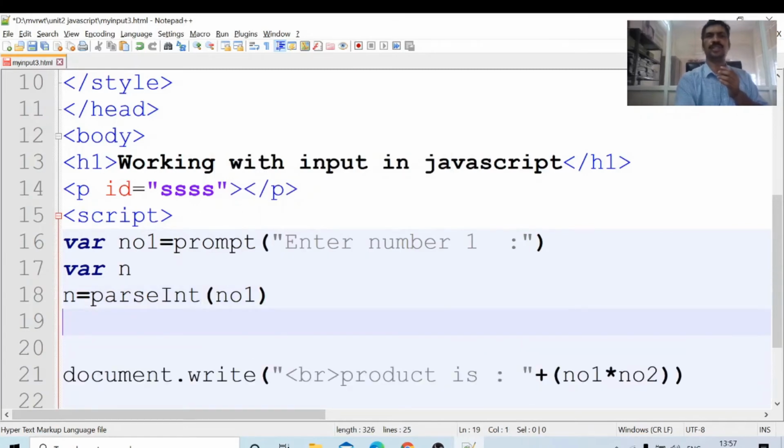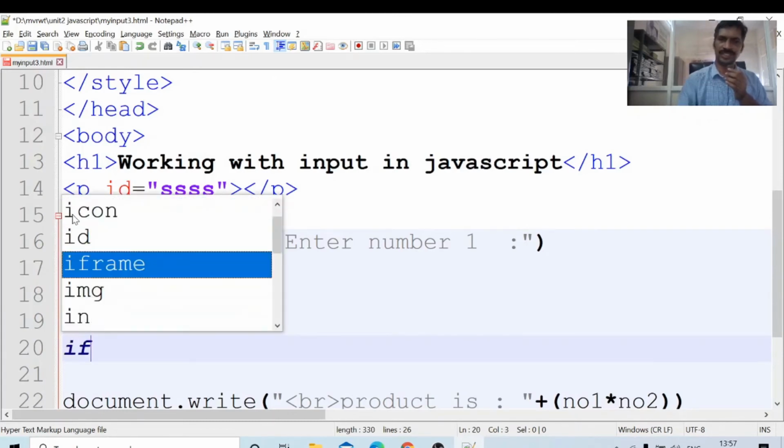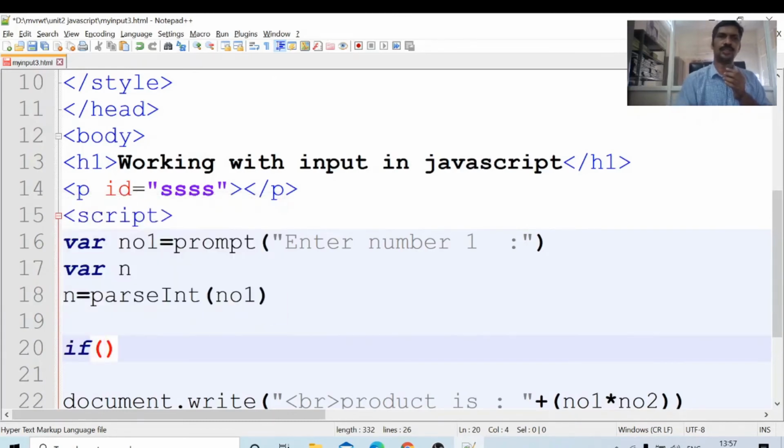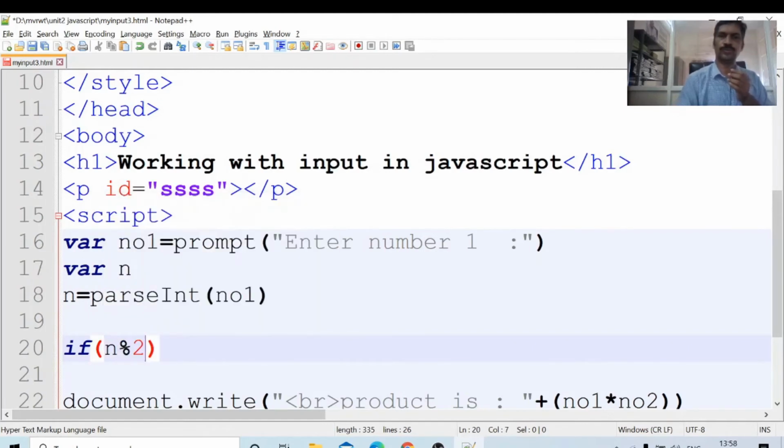Now I am checking whether it is even or odd. The same C syntax, if n%2 equal to 0. If that number is divided by 2 and the remainder is 0, this is the conditional statement.